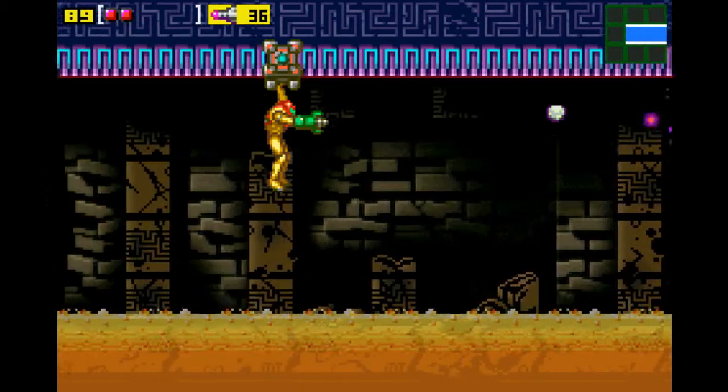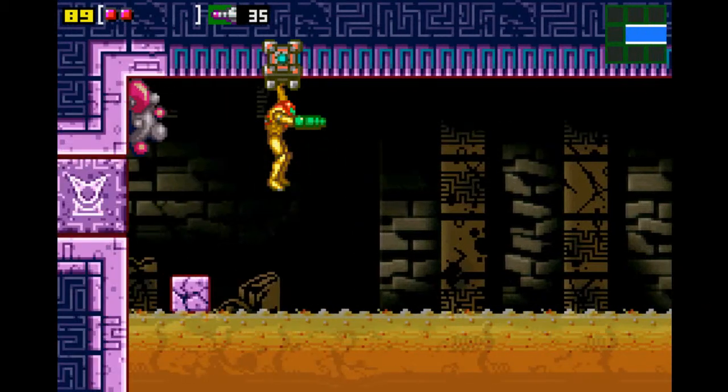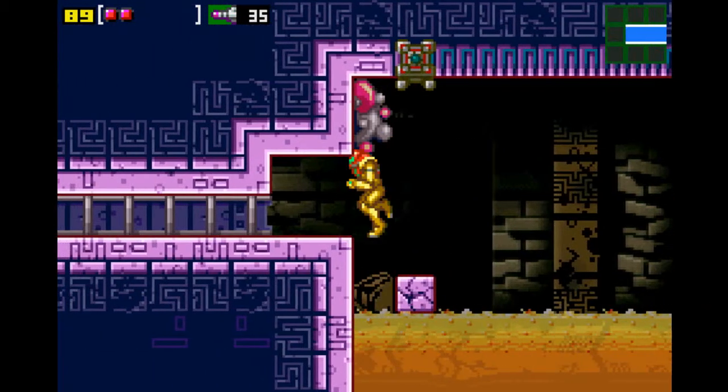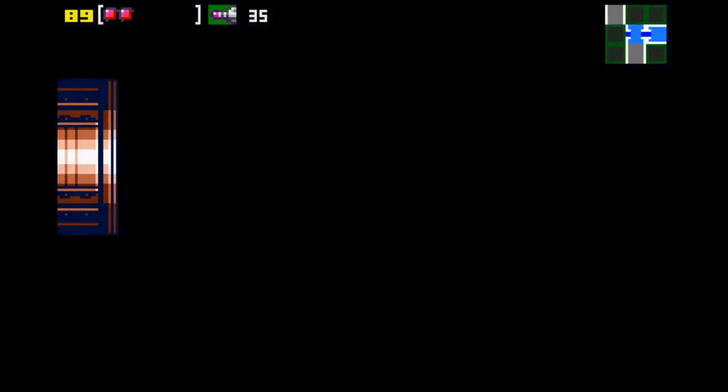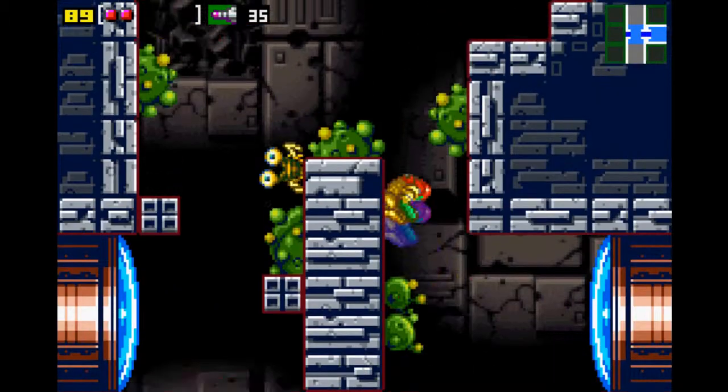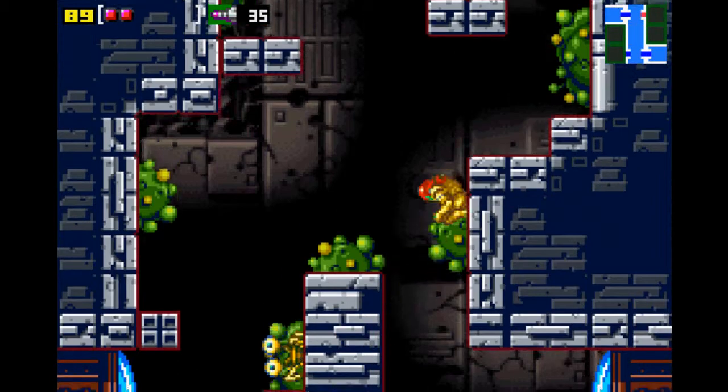Anyway, use your missiles in here, because otherwise those guys will knock you off and you will fall into the room below. There is a missile pack in there, but I don't feel like going for it. I think I actually did go for it in the original Let's Play too, so...